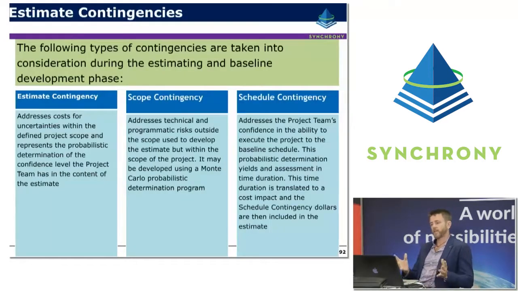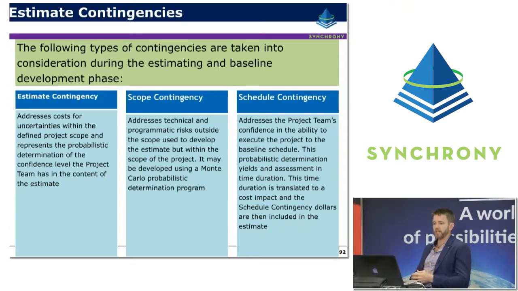So how do we allow for this risk when we're creating things like estimates, when we haven't even started the project yet? We've got to try and put some numbers forward or a potential budget forward for a project. The way that we deal with that risk is through contingencies. So I guess to bunch up contingency into a number of different brackets, when we're estimating, we can describe it as estimate contingency, scope contingency and schedule contingency.